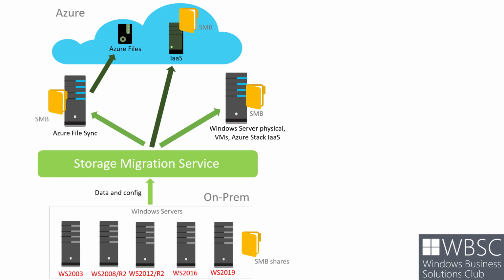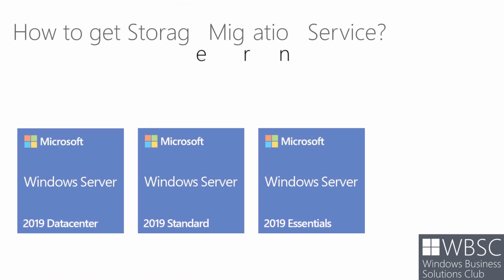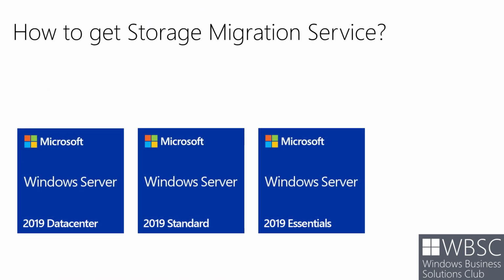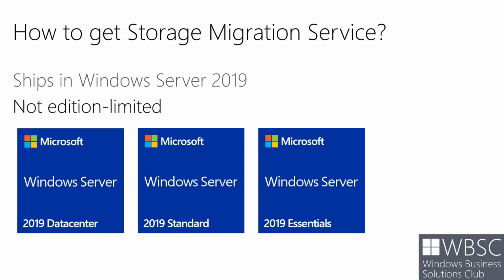The green bar in the middle of the screen, the Storage Migration Service, is provided by Windows Server 2019. The interesting thing is that Storage Migration Service is included in every Windows Server 2019 edition. So it ships with Windows Server 2019 and it has no additional limit. So it's in the server. It can be used to migrate an older file server and previous versions of Windows Server to the 3 latest versions. These are the supported versions as a target.